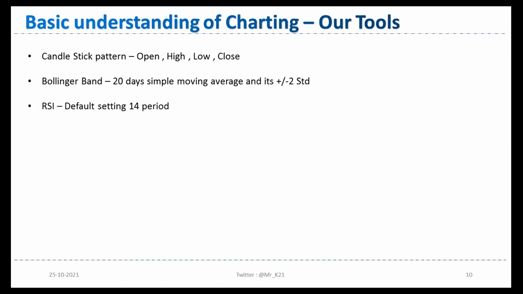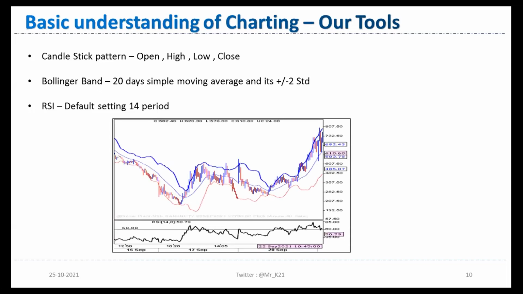And last but not the least, RSI, relative strength index. Again, here also we are not playing with any kind of setting. The default setting is 14 period, so we are also taking a 14 period RSI. Here I am just giving you the highlight. This kind of chart you probably see. You can see red and blue verticals; these are the candlestick patterns. The blue line at top is the upper band of the Bollinger Band. There is a very thin line between the two bands, the blue line, that is our 20-day simple moving average, and the red line is nothing but the lower band of the Bollinger Band. At the bottom you can see the RSI.